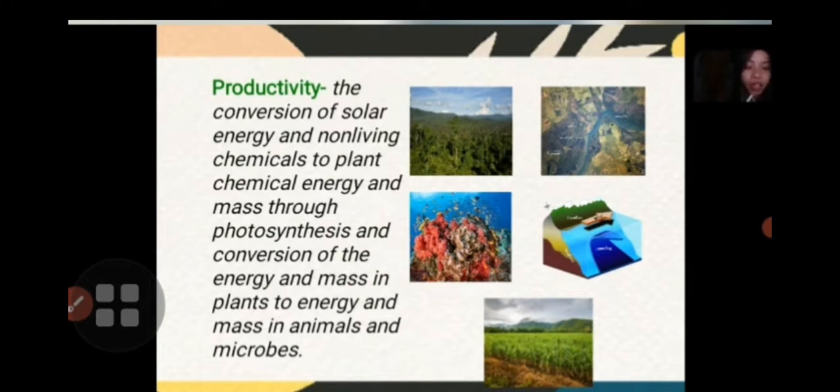And then the third picture is coral reefs. Ang coral reefs isa siya ka example sa high productivity nga nag-provide sa mga ecosystem for life underwater, protect coastal areas by reducing the power of waves hitting the coast, and provide a crucial source of income for millions of people. So, coral reefs are very important. Kaya makatabang gihapon siya sa mga millions of people, and especially sa mga fishes.